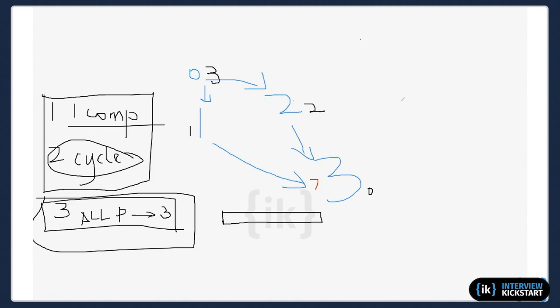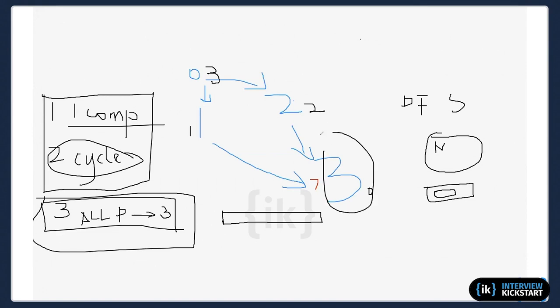So in my DFS function, I will just visit all the neighbors. As long as I have a neighbor, I go and check it. And after, this is kind of like post order traversal, right? After I come out from all the neighbors access, I check if 3 is reached, because this 3 has to be the destination.